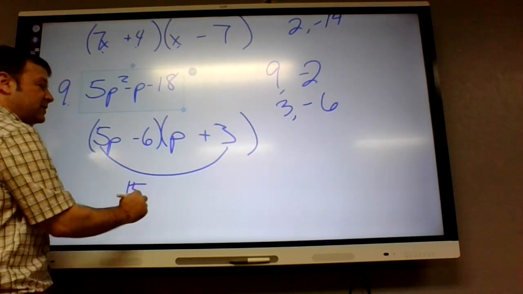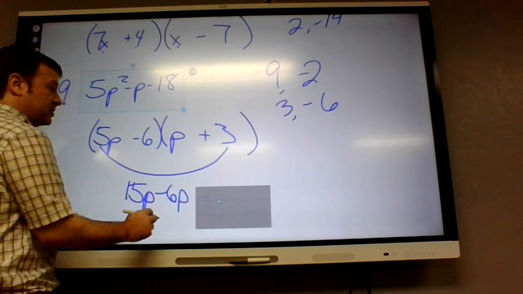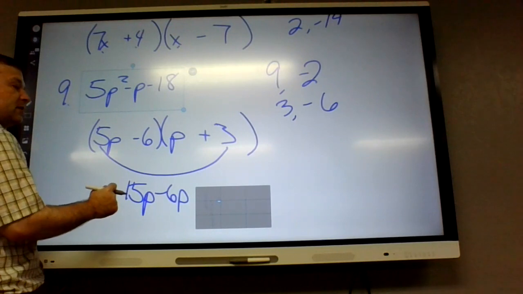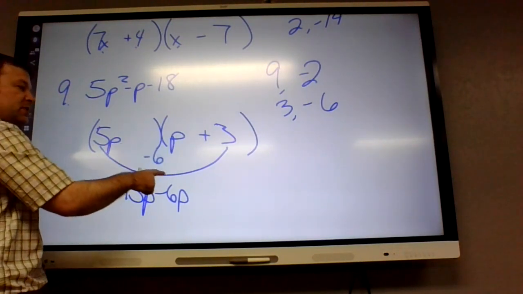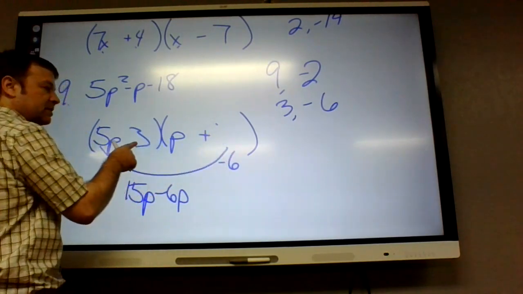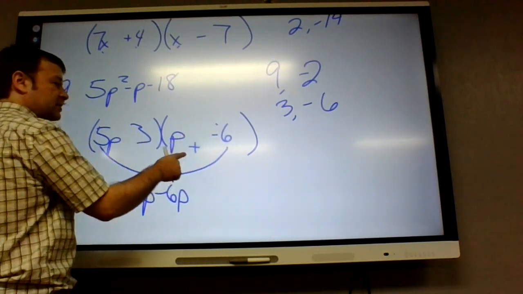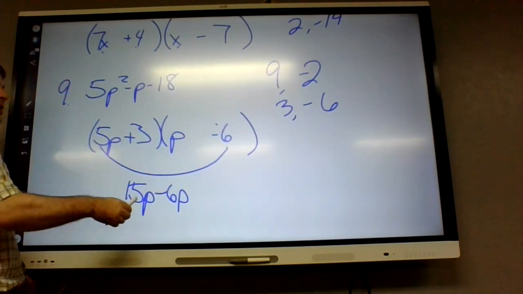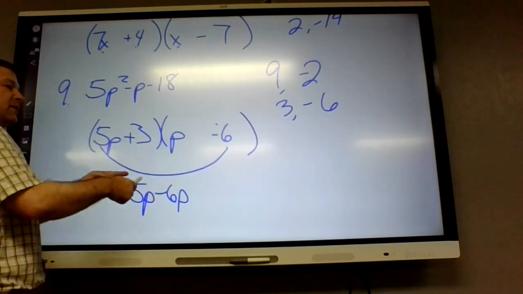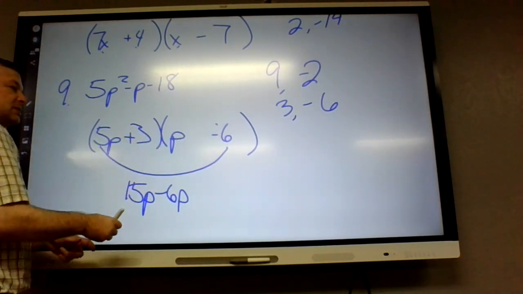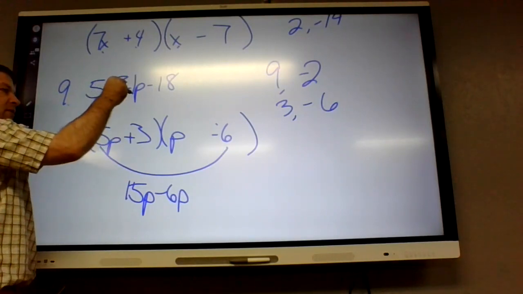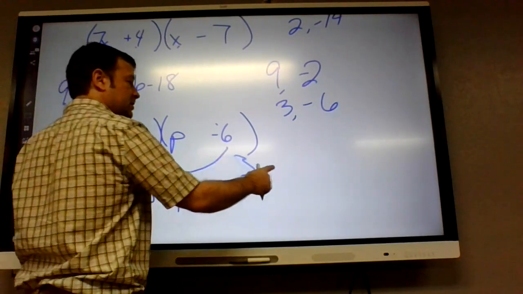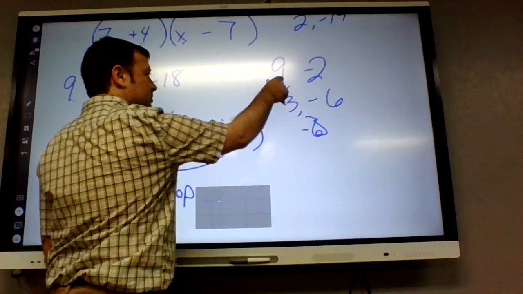This one is 15 minus 6, which is 9. So that's not going to work. So I wouldn't throw away the 3 and the 6 though. I would try switching them first. Although in this case, that's not going to really help. Now it's negative 30 plus 3. What are we trying to get it to add up to? Negative 1. Okay, so the 3 and the 6 were a fail. So let's try